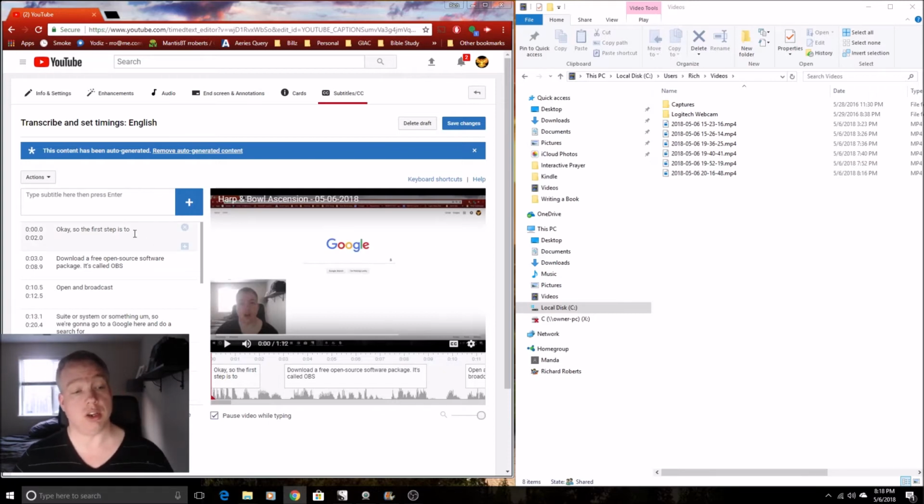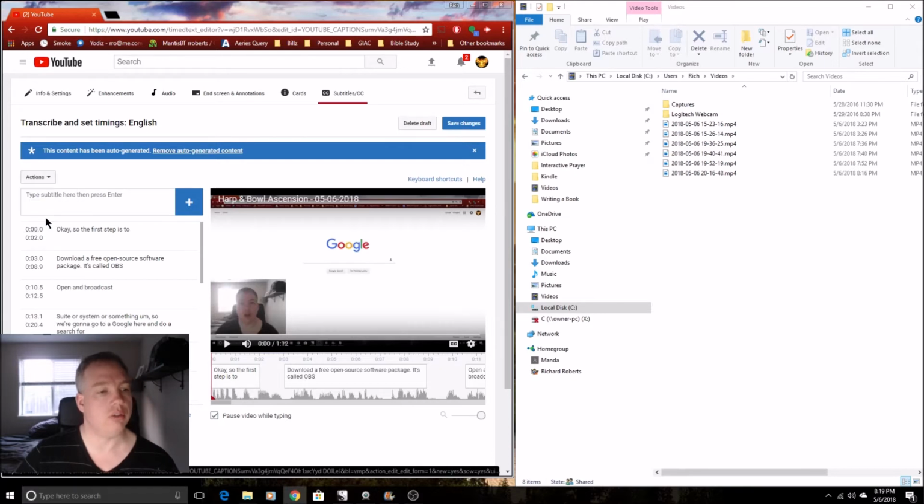But as you can see here, the automatic transcription has taken place, and you can see all these different things that have been captured, but it looks like it's hard to get it. So what you do is, over here in the actions menu, you select download, and that's going to create a